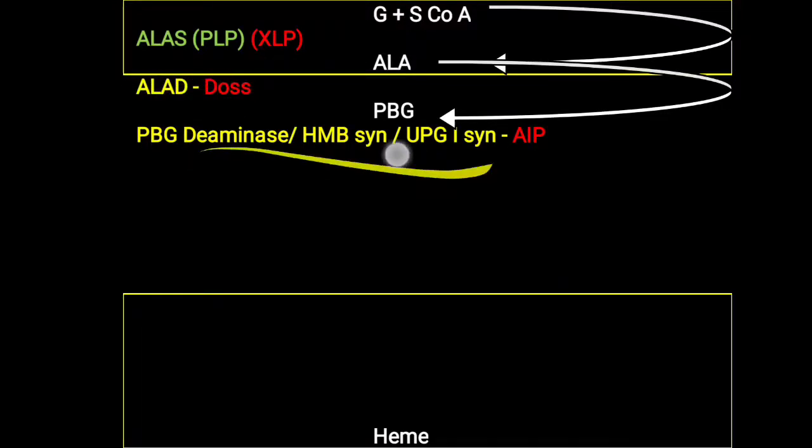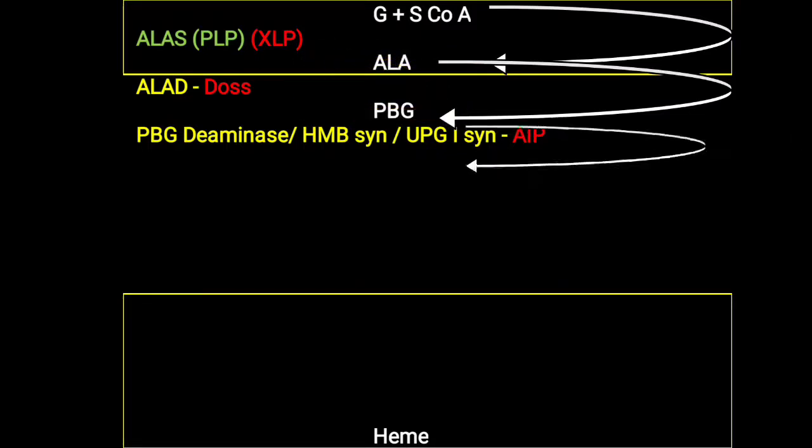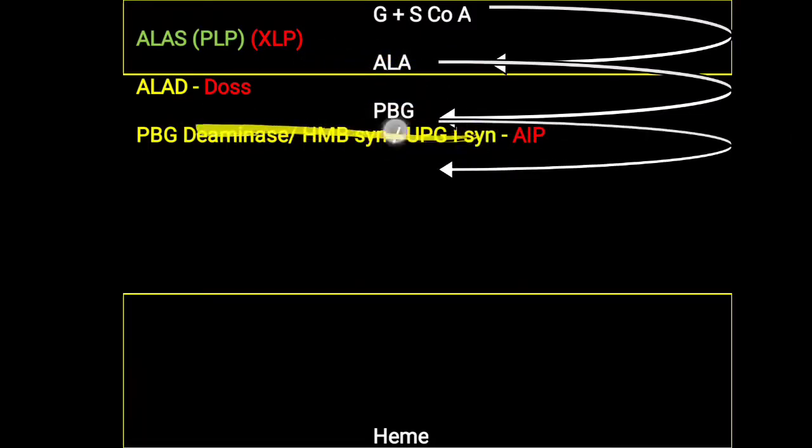But further, the UPG1 synthase enzyme deficiency can lead to acute intermittent porphyria. Here AIP is also possible to diagnose with the indication of ALA and PBG in the urine. Overall the level of ALA and PBG increases in the urine. So simply now you can understand why in acute intermittent porphyria these two levels are increased: because this enzyme is inhibited, PBG is not able to convert into hydroxymethylbilane. So these two molecules will accumulate in the blood, and that will also be reflected in the urine.